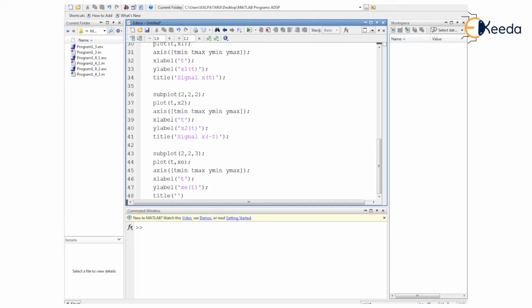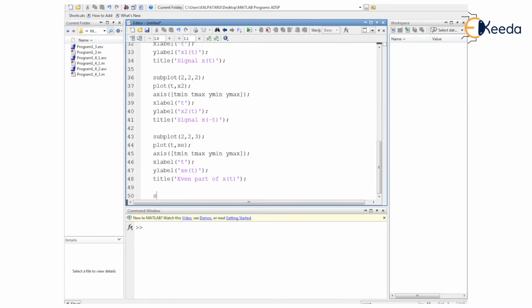As we have separated the even part and the odd part, xe is holding the information of the even part of the given signal. So here we are writing the title to be the even part of the signal, or simply the signal as it is denoted in the continuous time domain by x of t.